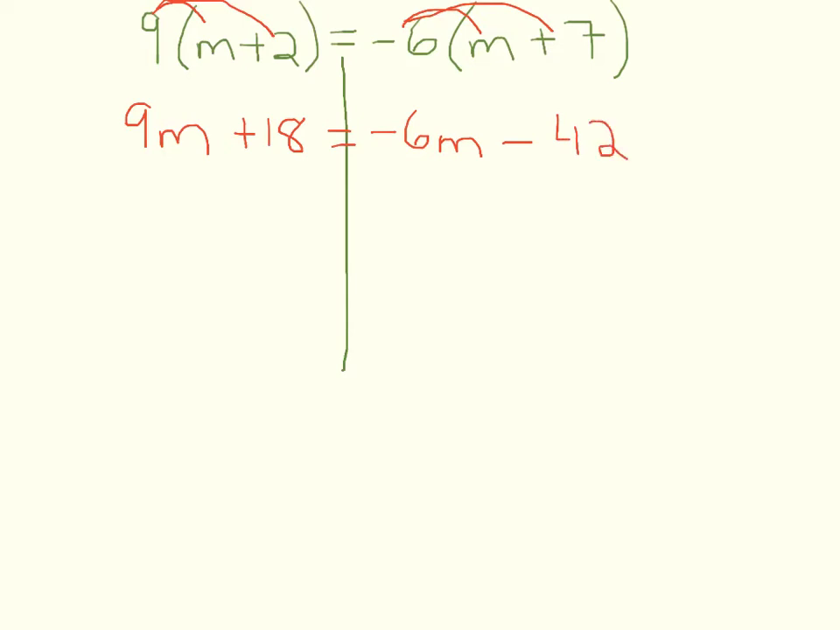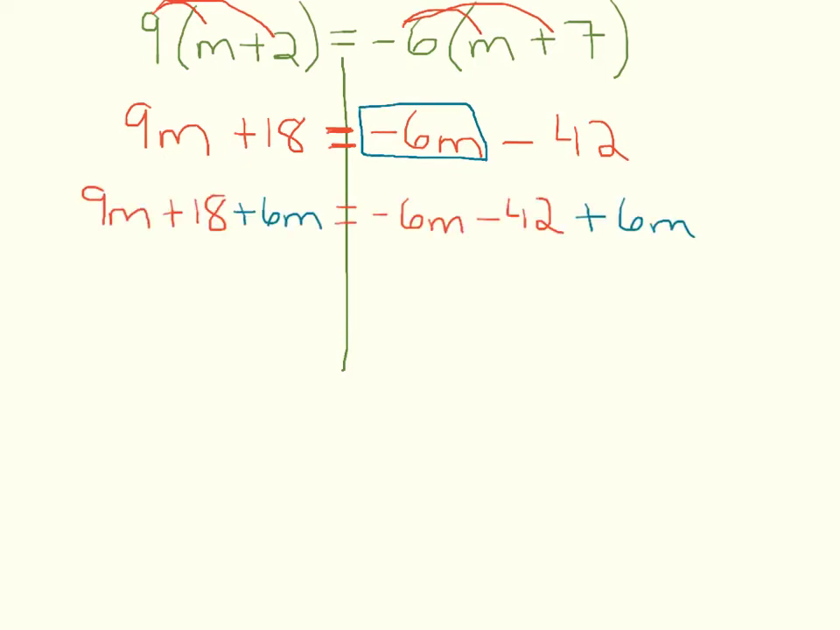After you distribute, look to see if you can combine like terms that are on the same side of your equal sign. And in this case, there's nothing to combine. So, move on to the next step. We need to move our variables onto one side. So in this case, I'm going to take this negative 6m, and I'm going to add 6m to both sides. So negative 6m and 6m cancel out on the right side. On the left, I'm going to combine the like terms 9m and 6m. So that becomes 15m and bring down that plus 18